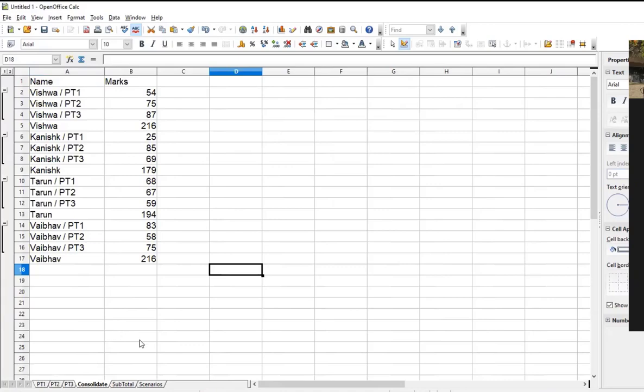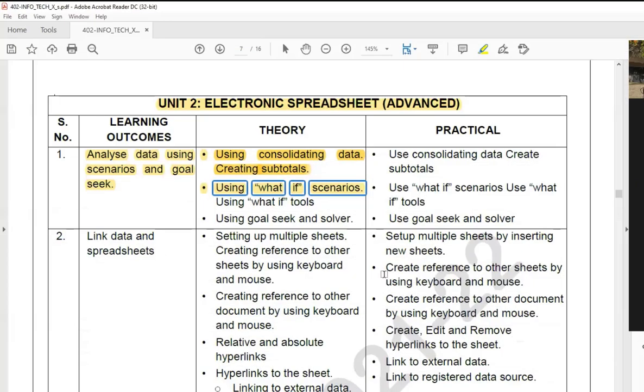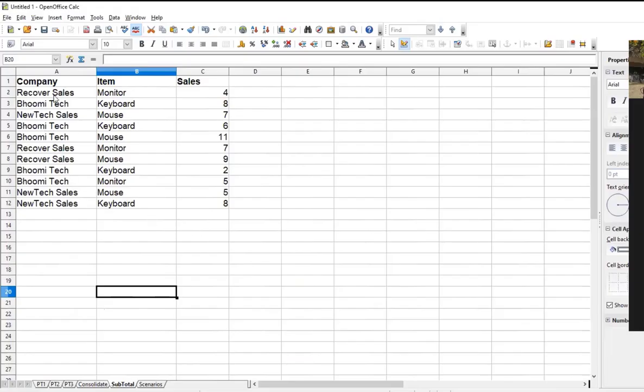Let's move on to the next, which we have subtotals. I've already prepared the data so that we are not wasting time. And over here in the subtotals data, I have got the sales data with me. These are the headings which I have: